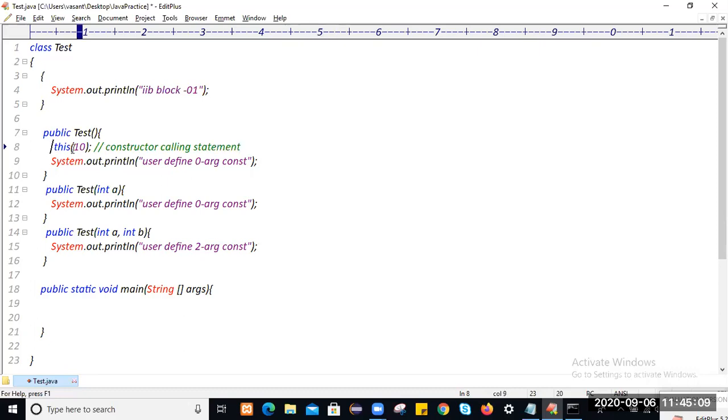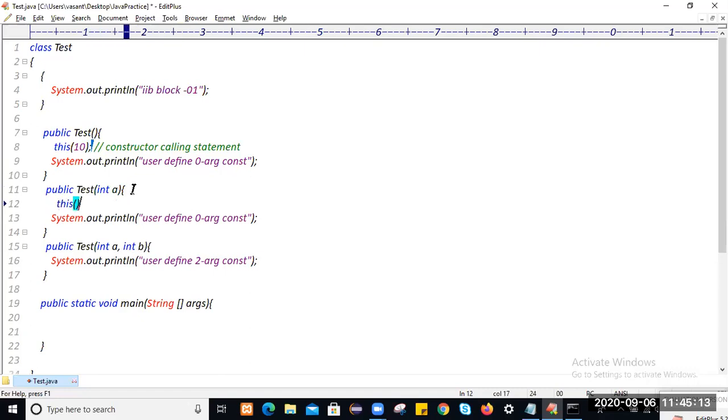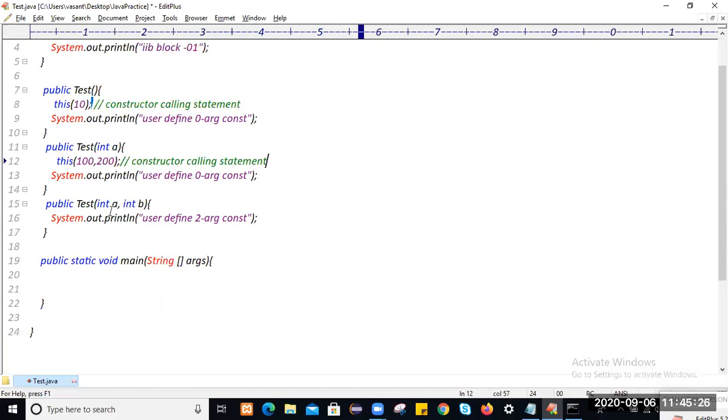So you can use this to call same class constructor, as well as to call the 2 argument constructor like 100, 200. This is also a constructor calling statement. So it will execute 2 constructors. But how many objects did you create within this class?